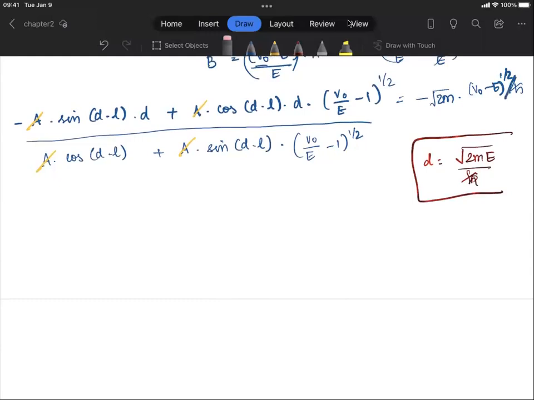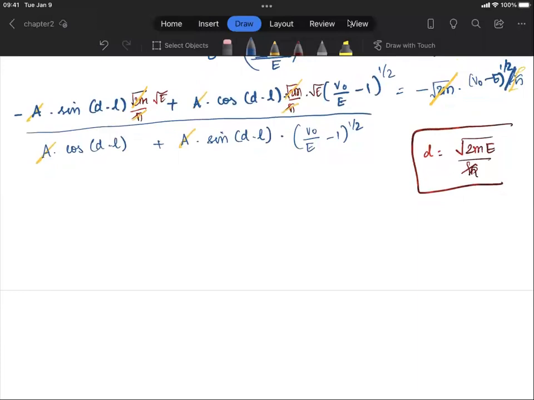And the D here and the D here can be written as root 2m over h bar times root E, root 2m over h bar times root E, right? And now we can cancel out root 2m here. We can cancel out the h bar, right? So this would give us